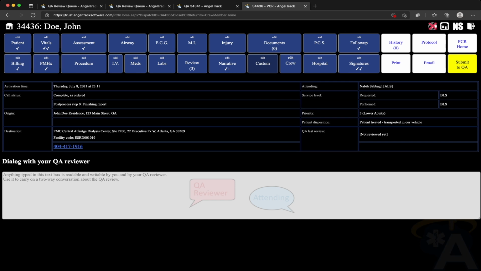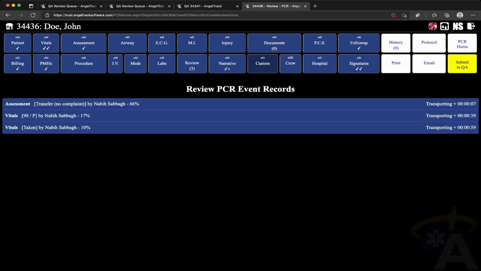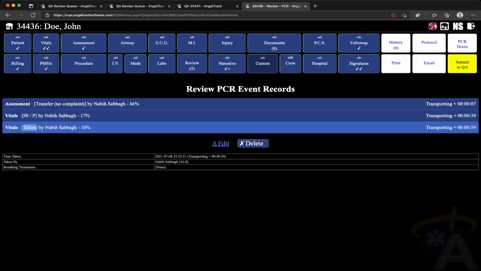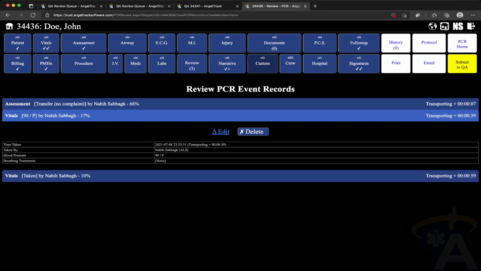When I do QA, I always start with the minimum requirements for any PCR. So when I look at the vital section, I noticed that some employees are using this format. The first one is palpated and the second one is taken. Taken is not acceptable. We have to get some numbers, preferably not palpated. So when I go to edit, or the